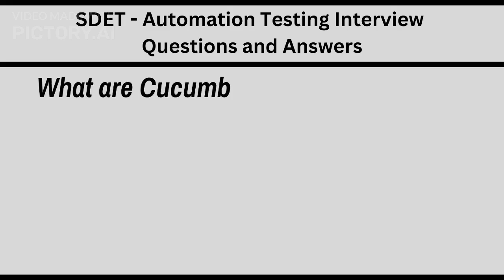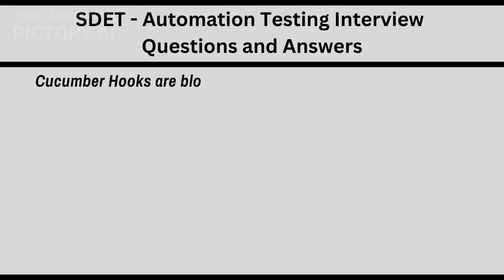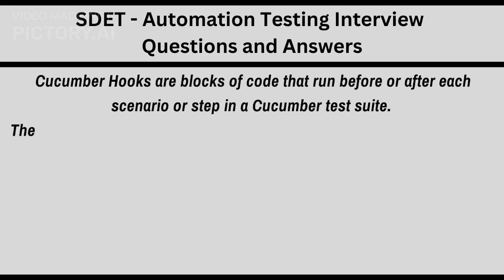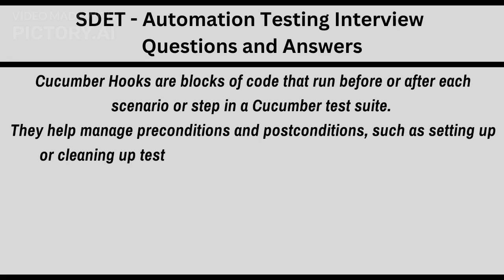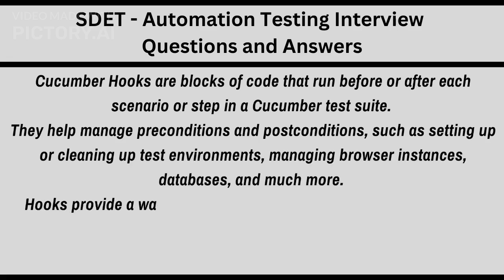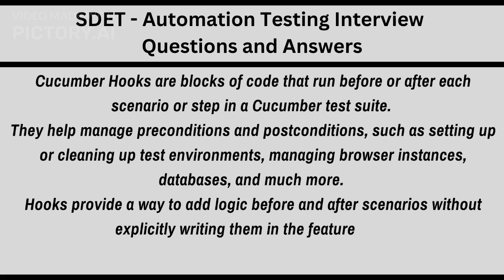What are Cucumber hooks, and how are they used? Cucumber hooks are blocks of code that run before or after each scenario or step in a Cucumber test suite. They help manage preconditions and post-conditions, such as setting up or cleaning up test environments, managing browser instances, databases, and much more. Hooks provide a way to add logic before and after scenarios without explicitly writing them in the feature